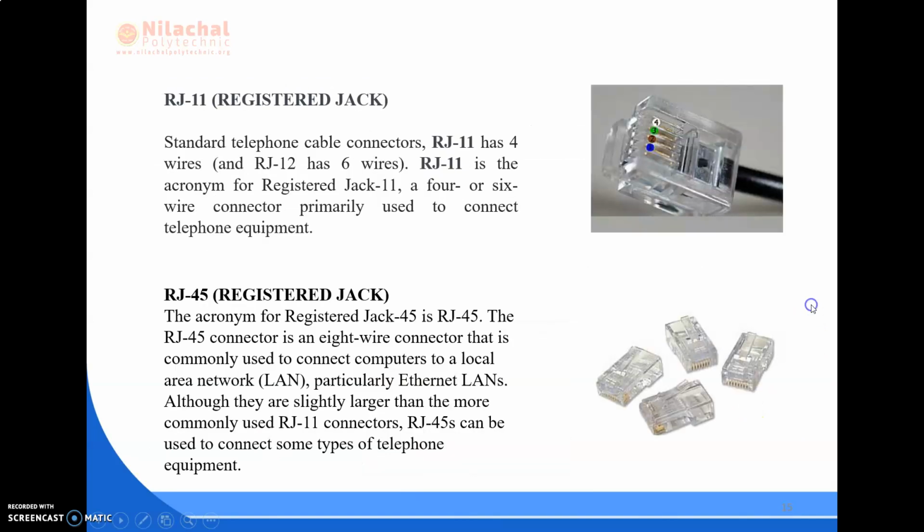The next connectors we will be looking at are RJ45 and RJ11. RJ stands for registered jack. Let's start with RJ11. It is the standard telephone cable connector. RJ11 has 4 wires and RJ12 has 6 wires.